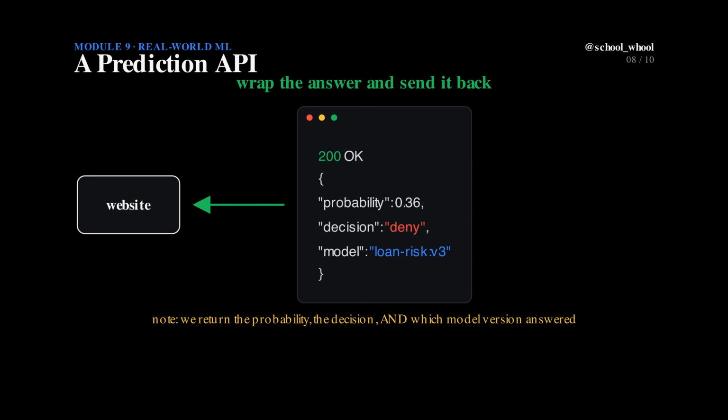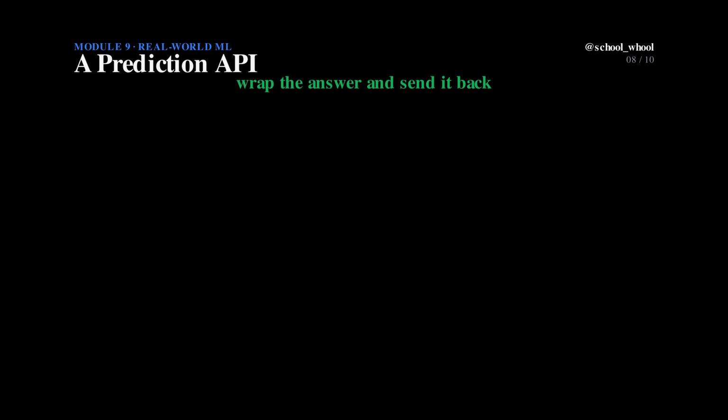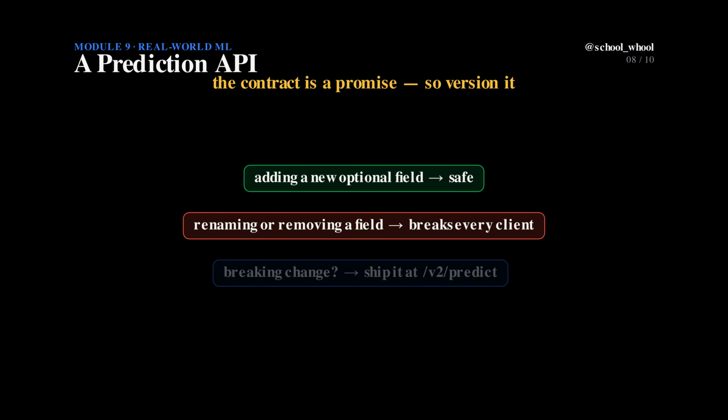One more idea, and it's easy to overlook. That contract is a promise. Real clients are built against the exact response shape. Adding a new optional field is safe, but renaming or removing one breaks every client at once. So when you must make a breaking change, you don't edit the old endpoint, you ship a new version, at